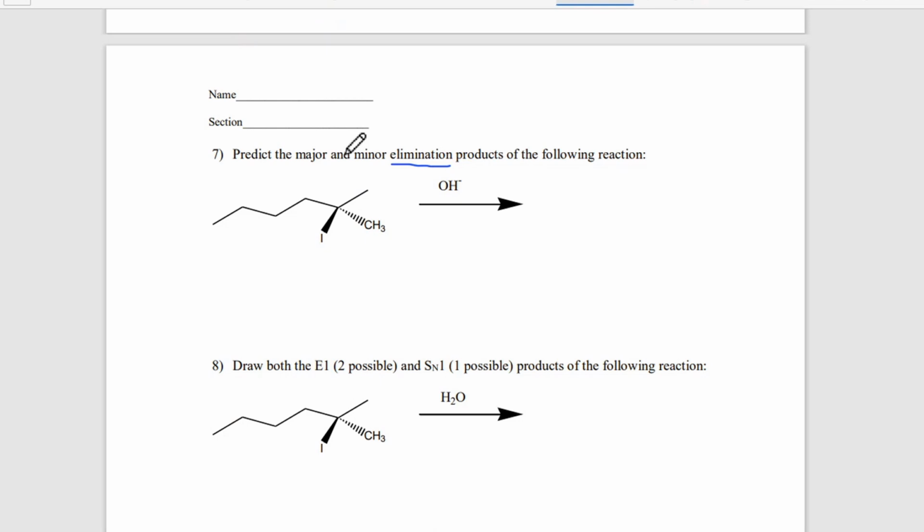What's the first thing we look at? If it's on a secondary carbon. Yeah. In this case, what kind of carbon is the leaving group on? So we first ask, where's the leaving group? On the second carbon, so it's